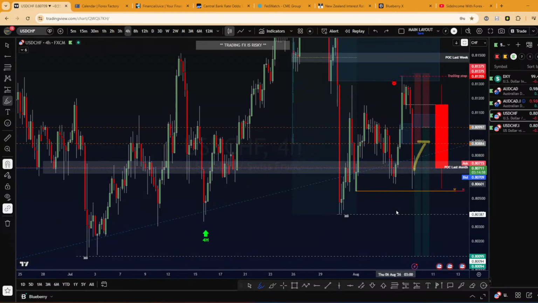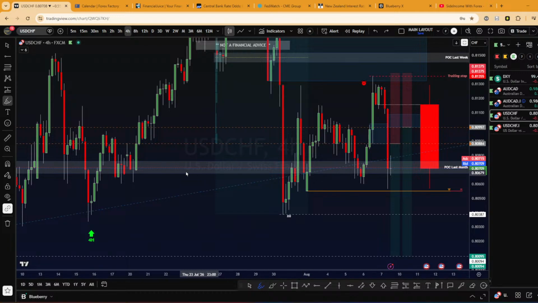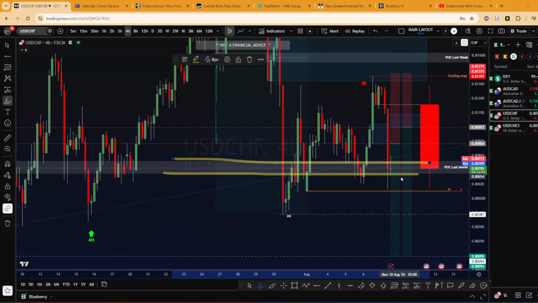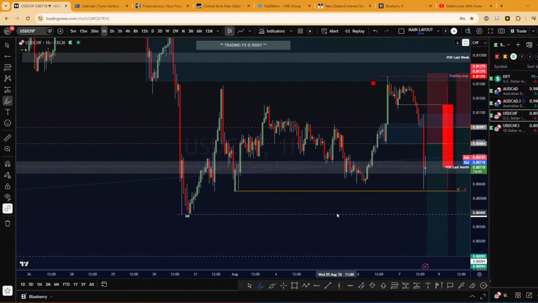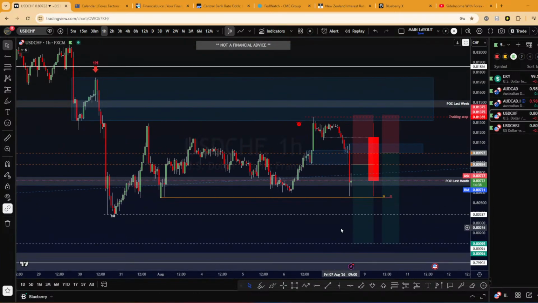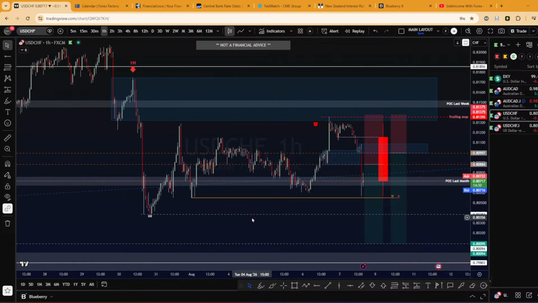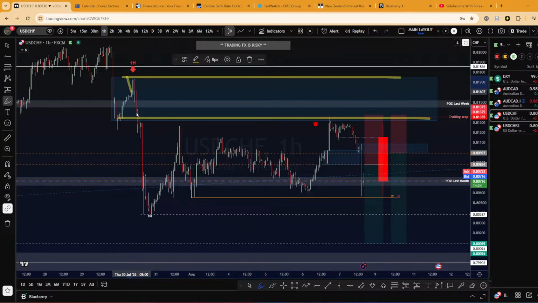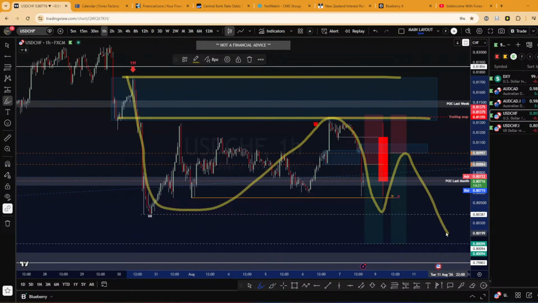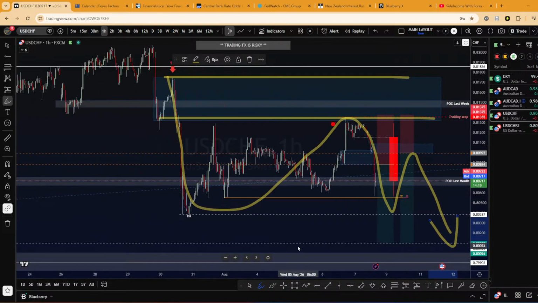Very interesting. So yeah, the key level to watch is this gray zone. We really need to see a break below. So let's go down to the 1 hour. What do we have on the 1 hour? Yeah, we perfectly retested this supply zone. You see, now I want to see a continuation to the downside clearly.